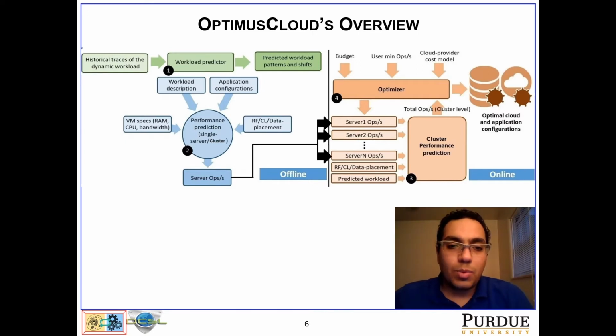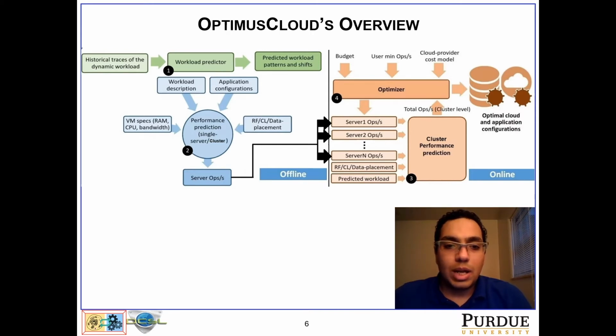The second component, which is also trained in the offline phase, is a performance prediction model that takes into consideration the workload description, the application configuration, the replication factor, consistency level and data placement of the cluster, as well as the VM specs, that is the VM type and size, to predict the performance per dollar for a single server